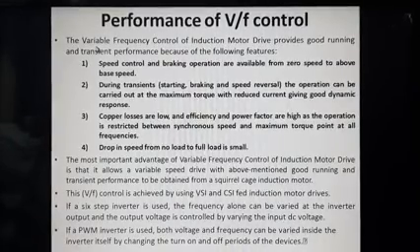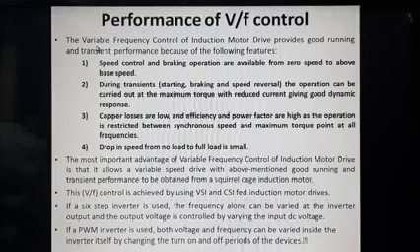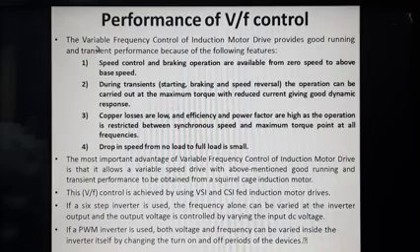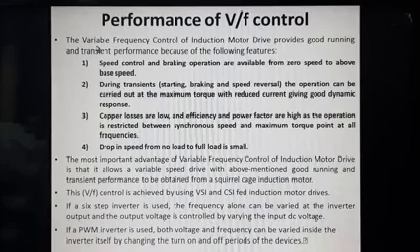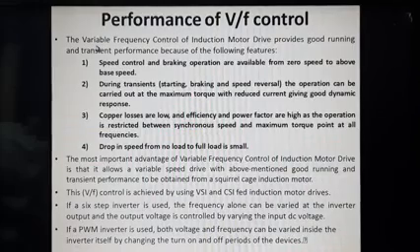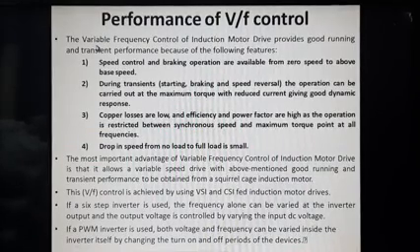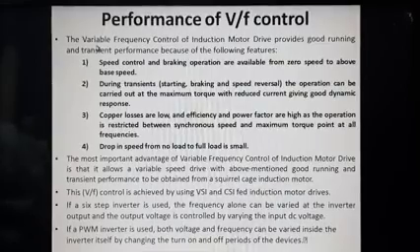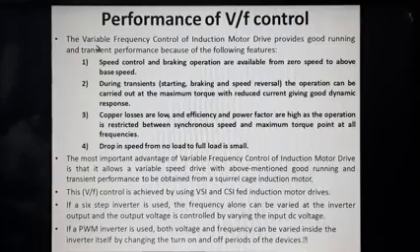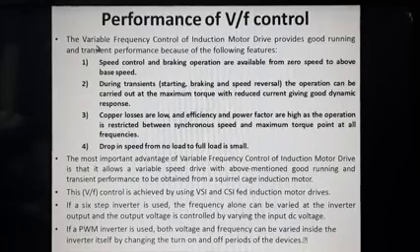Hence the magnetizing current magnitude is small. Definitely, magnetizing current plus IR dash, you have studied: IS is equal to IM plus IR dash. So since the magnetizing current magnitude is getting reduced, the stator current as a whole will be getting reduced, and the magnetizing component is less, so the power factor will be improved. As the stator current as a whole is less, the copper loss is also less. All these comparisons I have made are with simple speed control using variation of frequency.